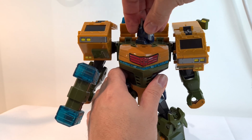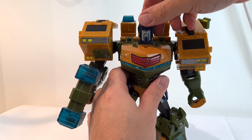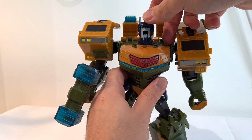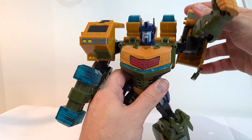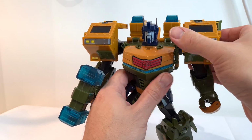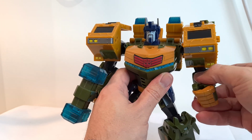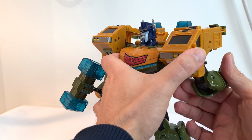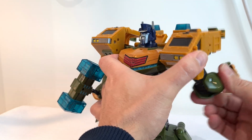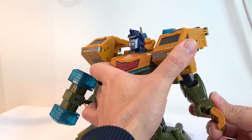In terms of head articulation, it goes all the way around. Oh, to the side there actually. And you get that, that's obviously just to do with the gimmick. The arms rotate all the way around. You get a bit of a butterfly joint in there because of that as well. The arm can bend up to there and all the way out and around, and it can also come out a little bit as well. The fists open up to there,